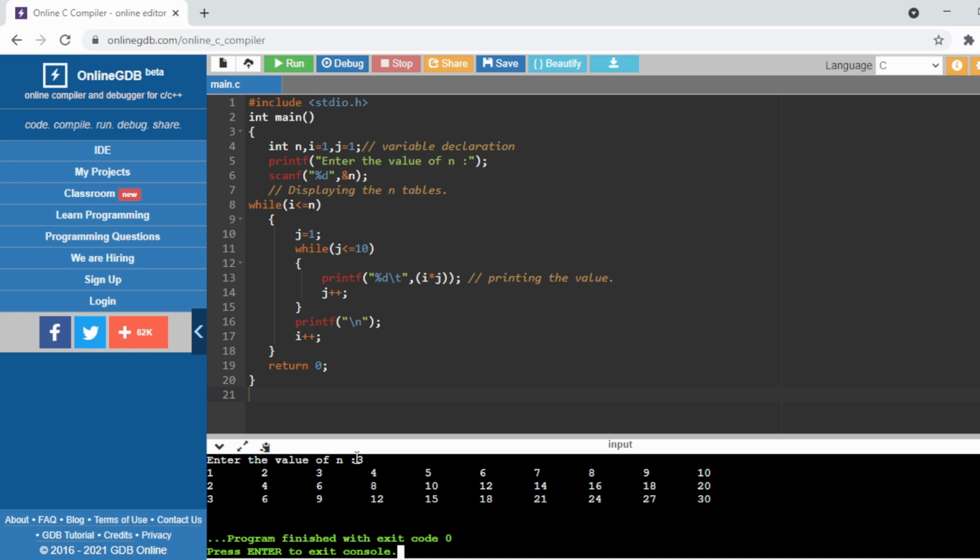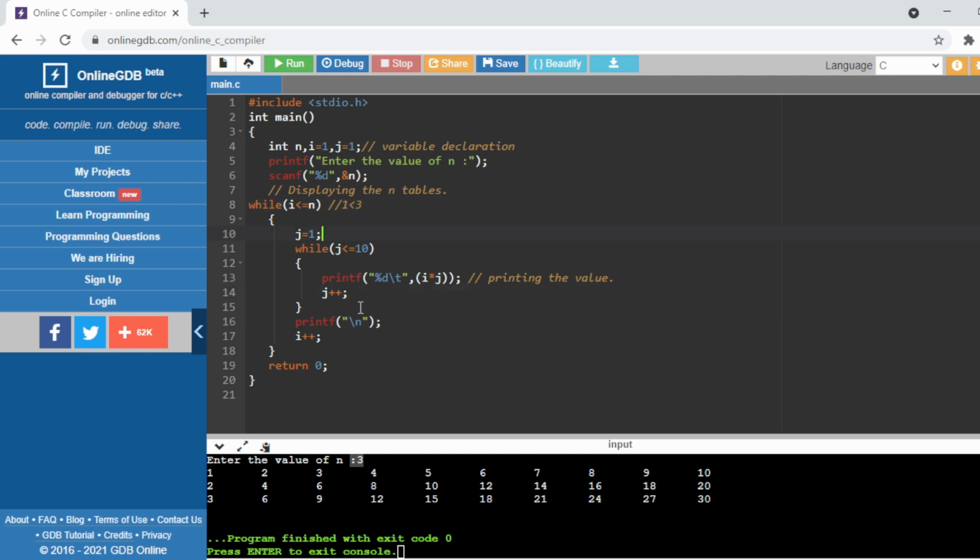So at the first time, the value of i equals 1, and i less than n, where I am giving n equals 3, so it is nothing but 1 less than 3. So at the first time the value of i equals 1 and i less than 3 is true, so that's why it will enter the loop.